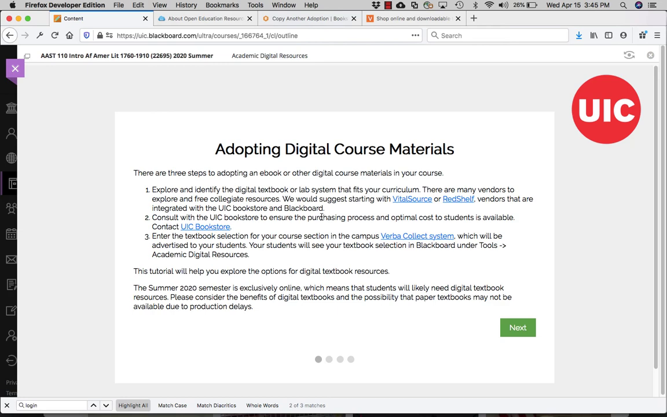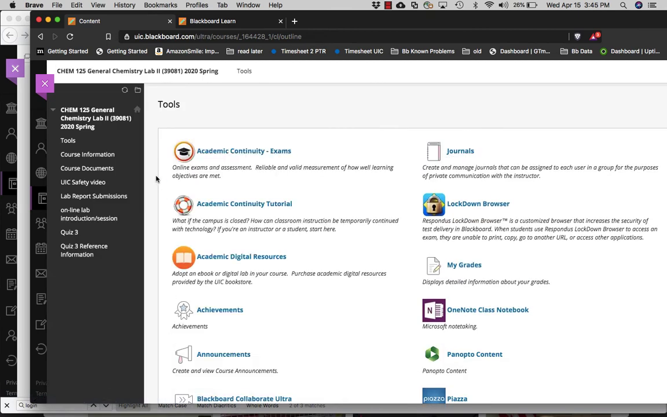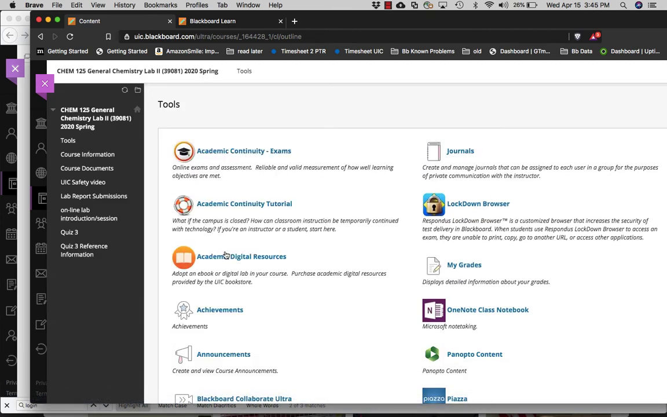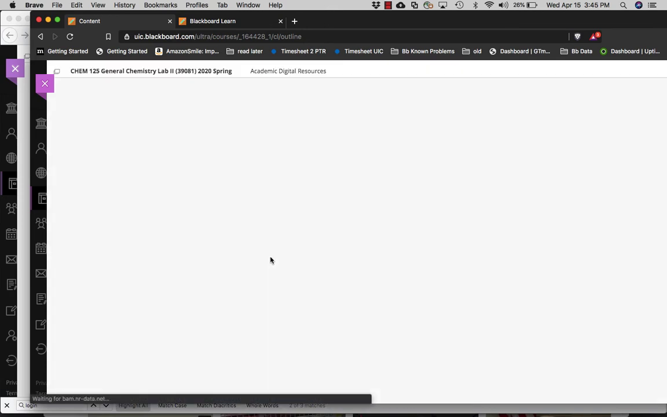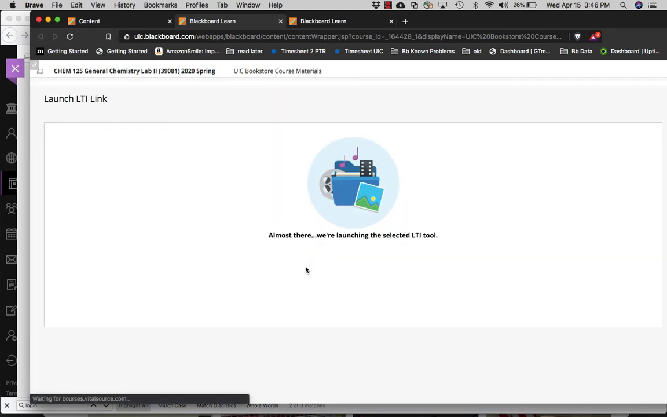When a student logs into a course and they navigate to the same tools window that we were just looking at, and they click on the academic digital resources, they will see their option of seeing the book list or direct access textbooks. And so when they click on these links,